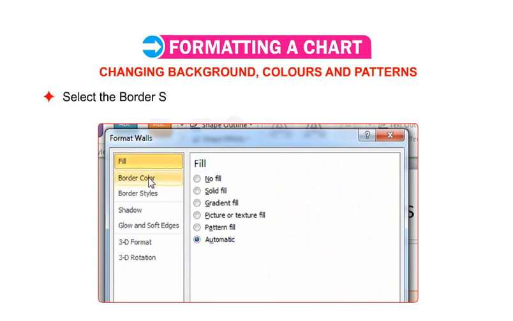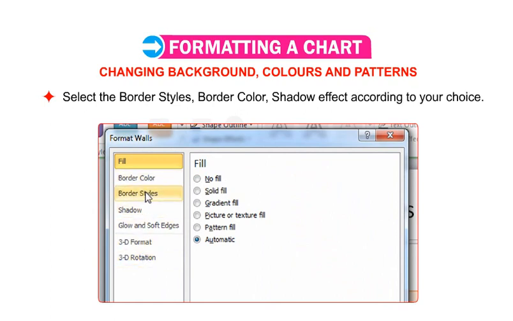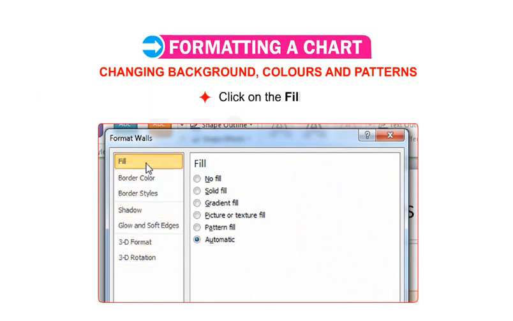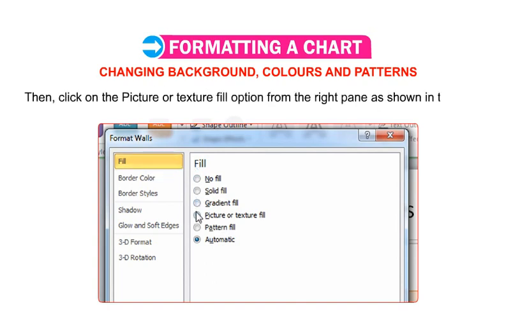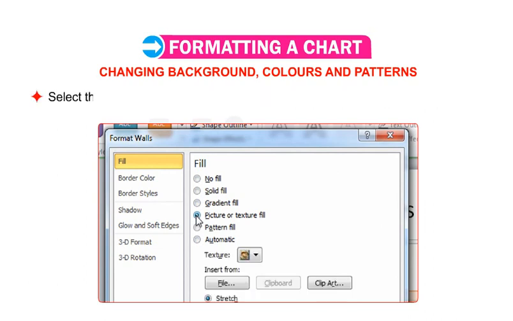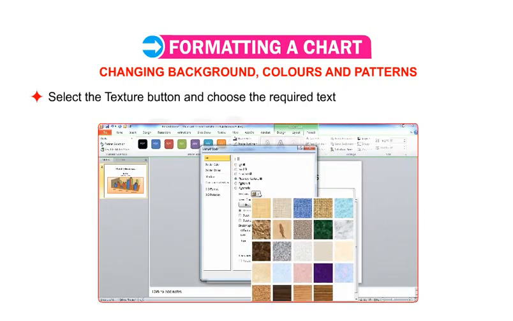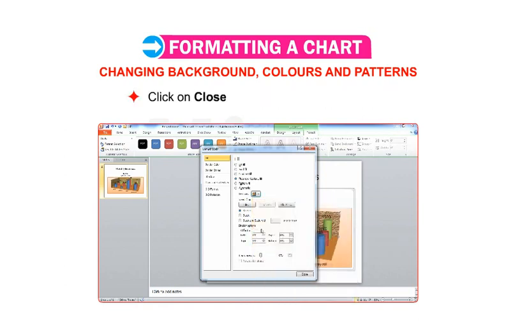Select the border styles, border color, shadow effect according to your choice. Click on the Fill tab. Then click on the Picture or Texture Fill option from the right pane as shown in the figure. Select the Texture button and choose the required texture from the display choices. Click on Close button and observe the change.